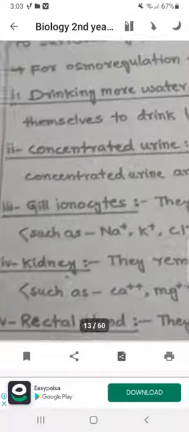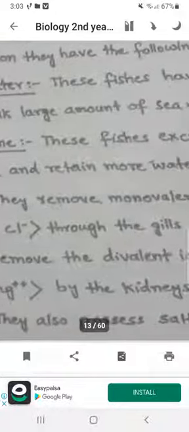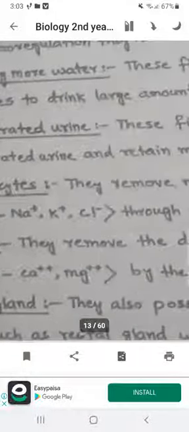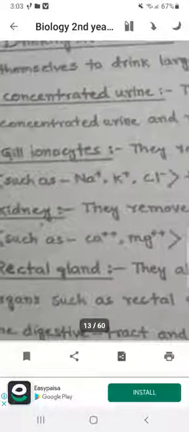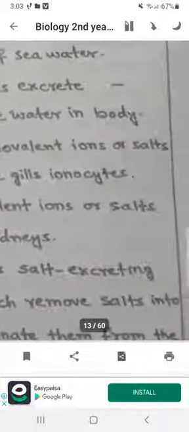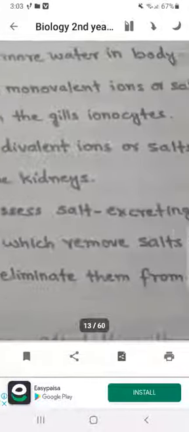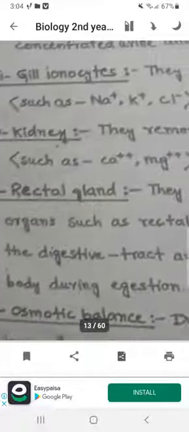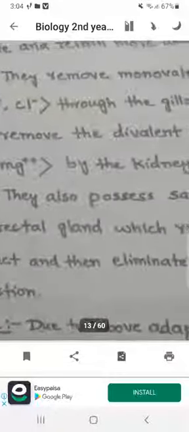Number 1, drinking more water. These species have adapted themselves to drink large amounts of seawater. Number 2, concentrated urine. These species excrete concentrated urine and retain more water in the body. Number 3, gill ionocytes. They remove monovalent ions or salts such as sodium, potassium, chlorine